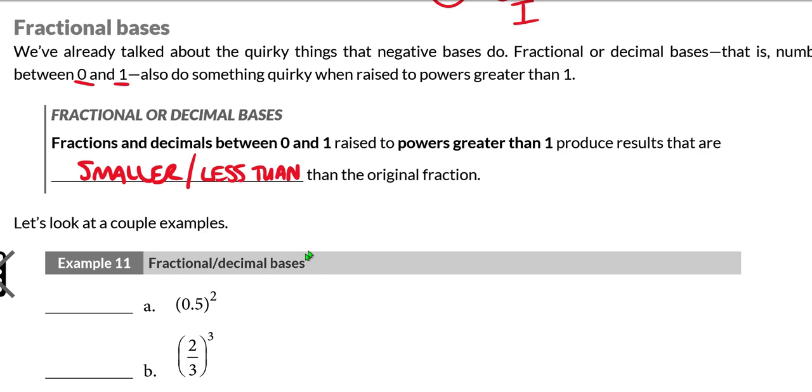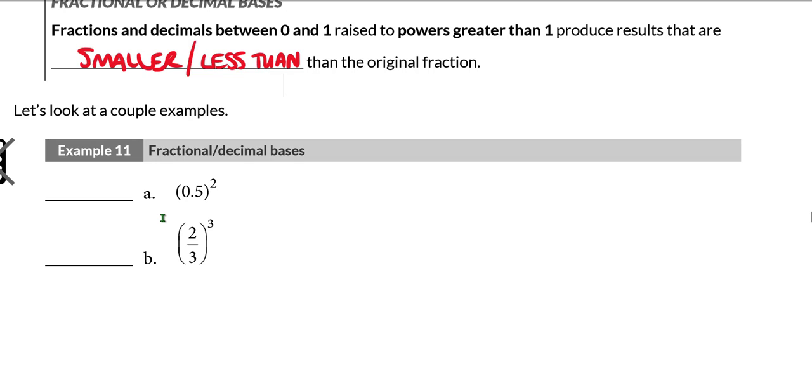We're going to look at a couple of examples here. These are no calculator examples, no using your calculator here. So 0.5 squared, you can do this in one of a couple ways. Probably the easiest way is to know that 0.5 is obviously 1/2. When we square 1/2, that's 1/2 times 1/2, which is 1/4. And again, we can see that the result, 1/4, is smaller than the original base fraction,